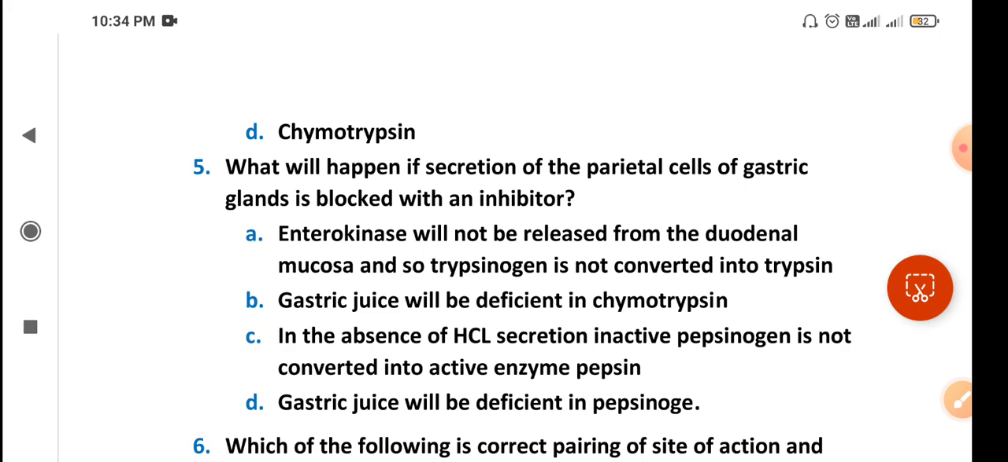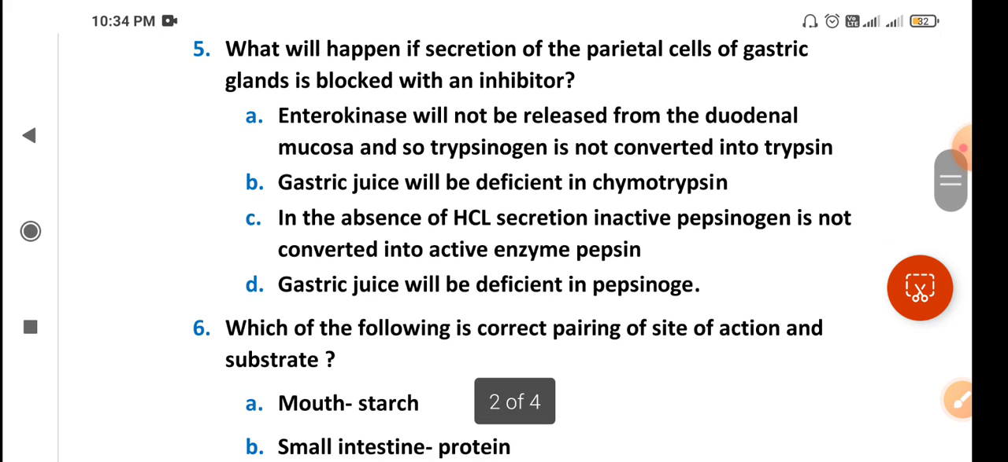So let's see the options. First option is enterokinase will not be released from the duodenal mucosa. So trypsinogen is not converted into trypsin. No, there is no link between the parietal cells and the enterokinase. So this is not the correct option. Let's check the second option. Gastric juice will be deficient in chymotrypsin. No. First thing, chymotrypsin is not a part of, or it is not the constituent of gastric juice. And second thing,